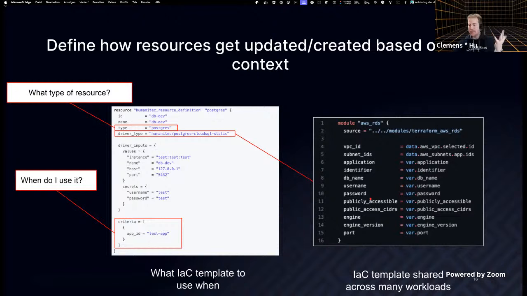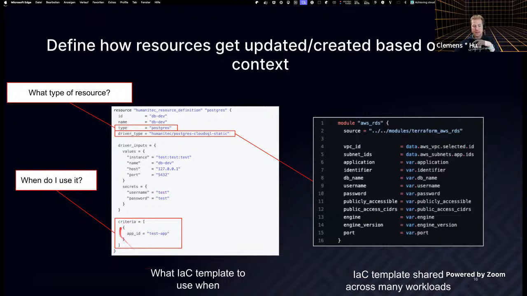So as a platform engineer, I can now teach the orchestrator how to respond to these abstract asks using Terraform, because we have a Terraform provider. So you can define your resource definitions. In this case, for Postgres, you can define that in HCL. And I have no idea why it says Cloud SQL static here. It should actually be Terraform. So I need to change the screenshot. Oh, good that I see it now.